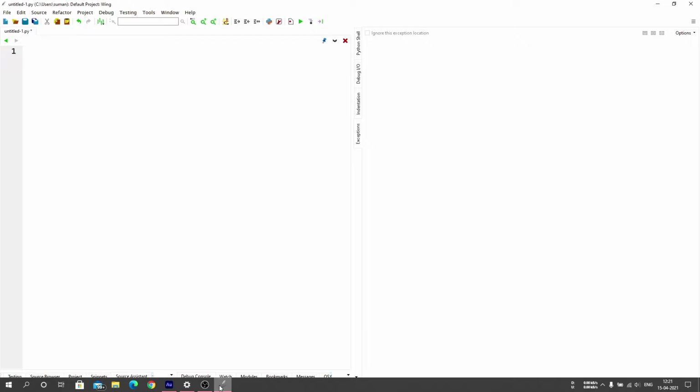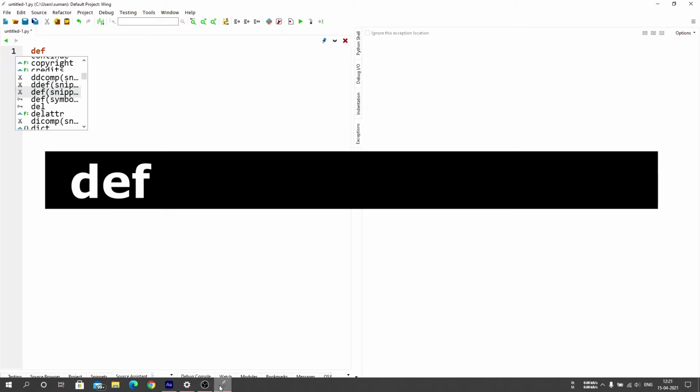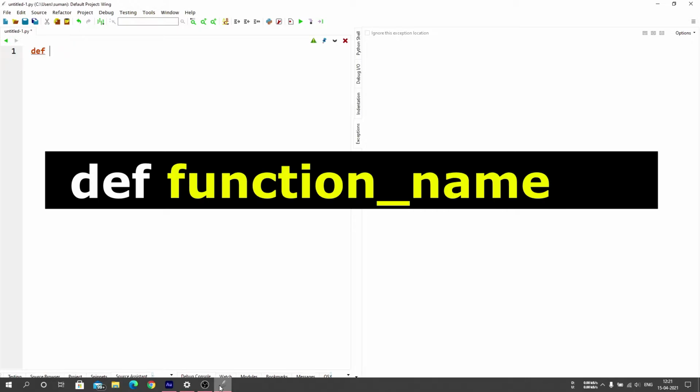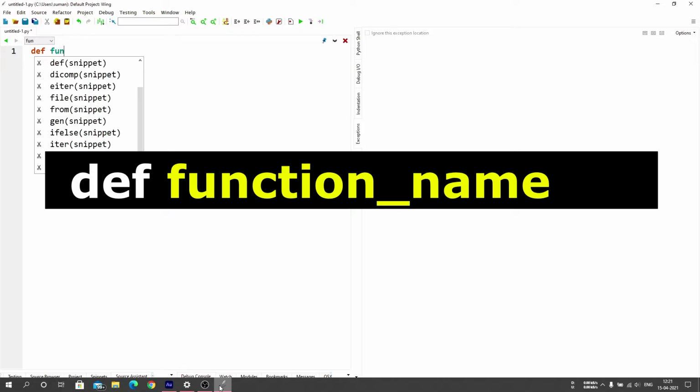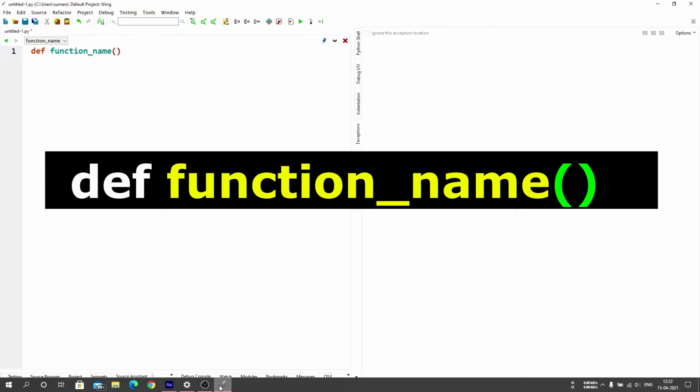Now, how to create a function in Python? We use the def keyword, which stands for function definition, followed by the function name, followed by empty parentheses and then a colon.